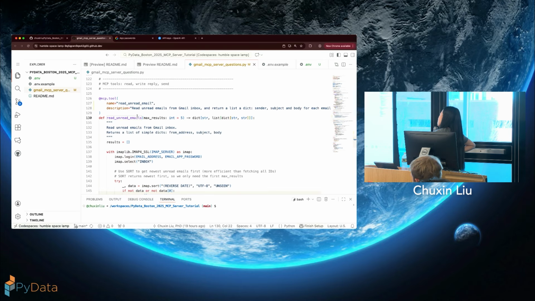I think the description should be LLM friendly enough for the LLM to decide if it needs to call this tool. Some other things would be more useful, like you can put tags on the decorator, for example, tags about versions of a certain tool. These kinds of things might be useful for the LLM.